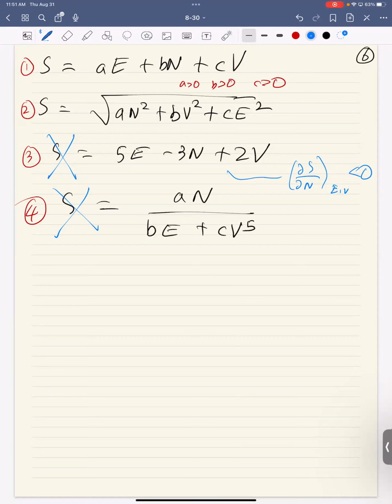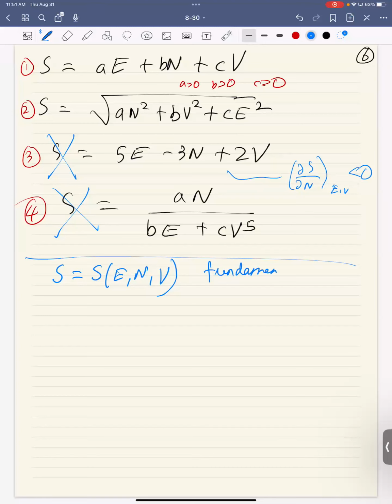Just to give you some intuition: when you do have such a relation, S equals S of E, N, and V, it holds immense importance. It holds so much importance that we call it a fundamental equation. I mean, thermodynamics is a fundamental science already, and inside that we are saying this is a fundamental equation, like fundamental inside fundamental. It's really, really important. What do I mean by a fundamental equation? A fundamental equation is such an equation that if you know it,